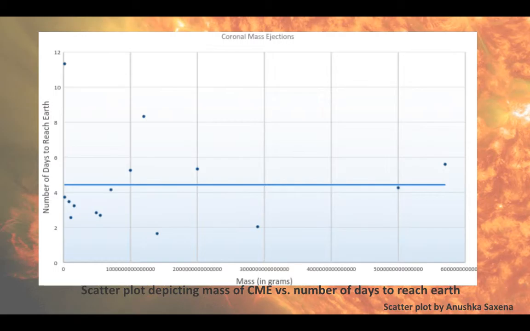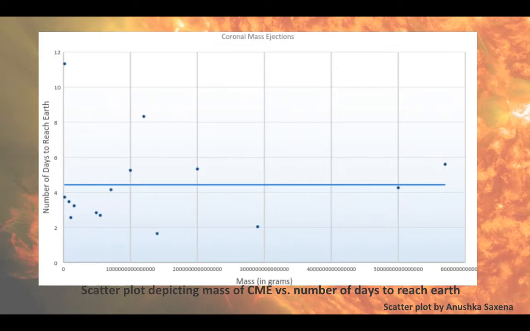Remember the hypothesis that you had created in the beginning? Check the graph and see if your hypothesis matches up. The graph displays the relationship between the mass of a CME and the time it takes for the CME to reach Earth. My original hypothesis was that if a CME has less mass, it would take a shorter amount of time to reach Earth. Looking at the graph, I had reached a conclusion that there is no perfect trend line that captures the data, but one observation that I made was that if the CME has a lighter mass, it took longer time to reach Earth than a CME with a larger mass.